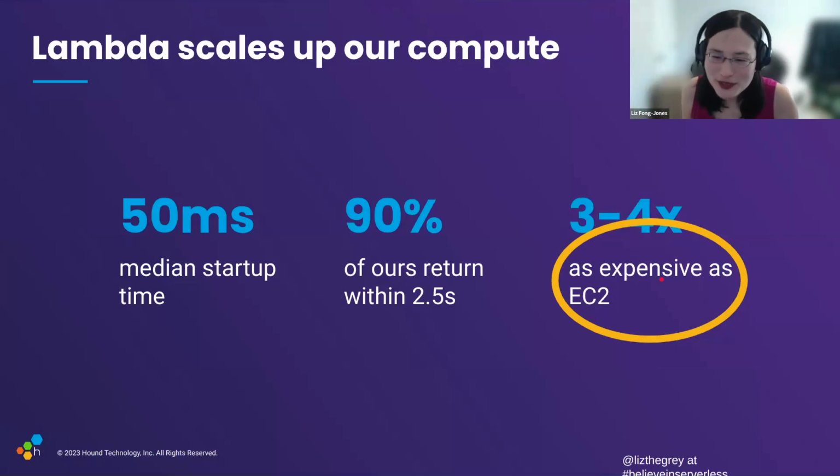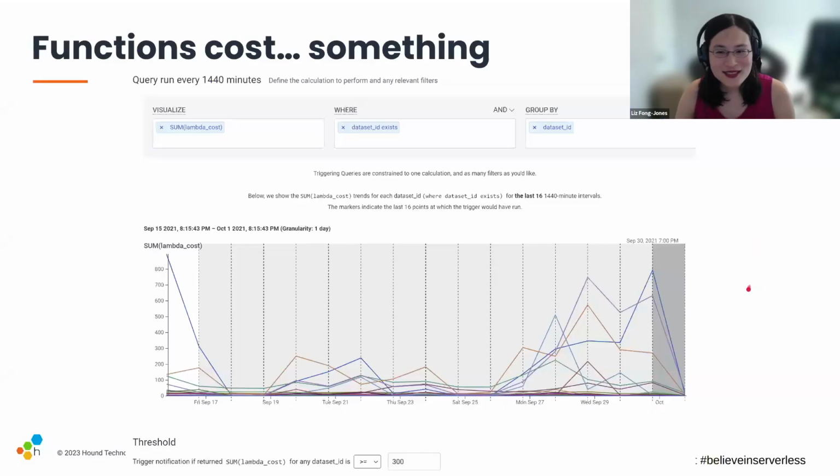And finally, this is the meat of the cost reduction and cost attribution piece that we're going to talk about today. Yes, that 3 to 4 times can seem daunting, and it is very possible. Early in the history of Honeycomb, before it was routine for us to spend hundreds of thousands of dollars per month on Lambda,